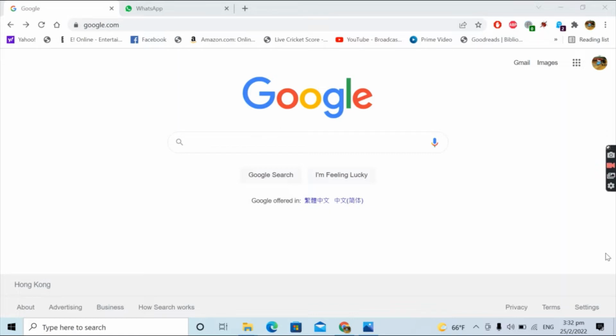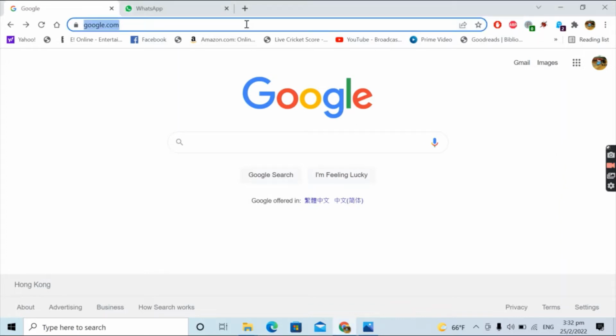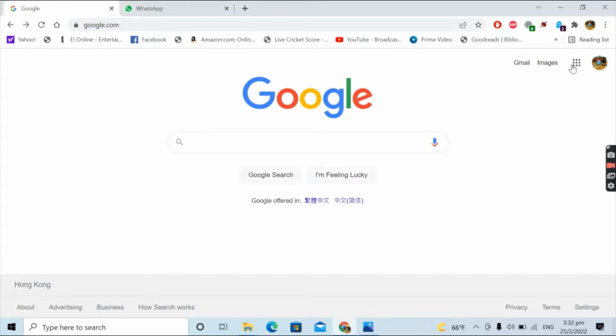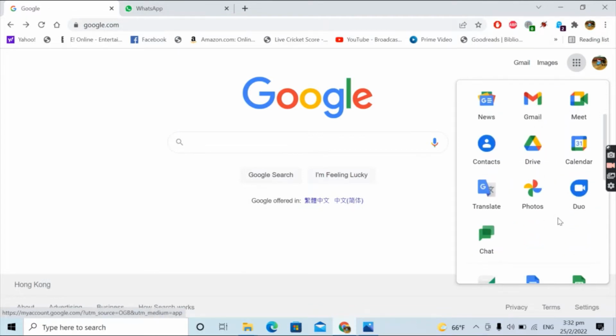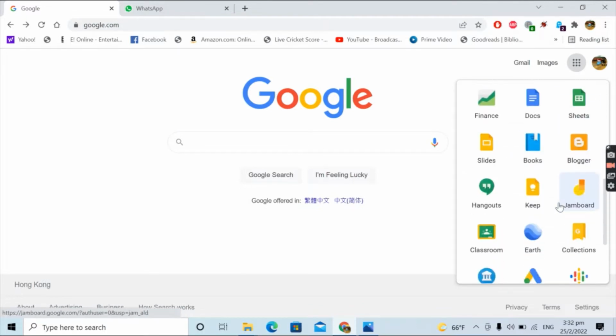If you've got a Gmail account, you log into it and you go to google.com. So just type in google.com, log into your account, and then you will see these Google apps here. Just click on it and you see all the Gmail, Google Play, Google Drive, etc. Keep going down until you see Google Docs. So just click on Google Docs,